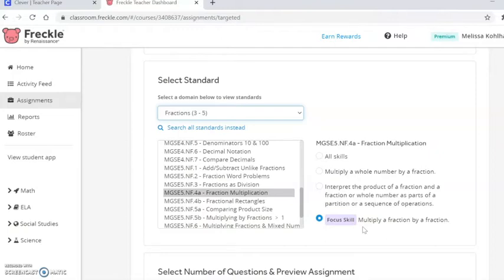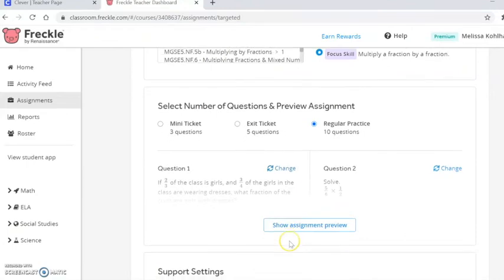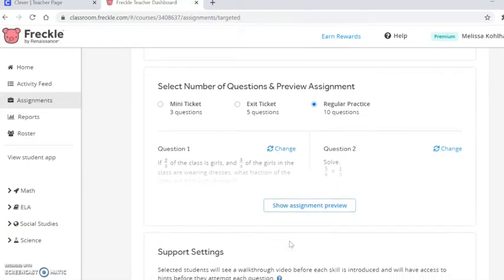So I'm just going to pick the focus skill, but you can pick any of these, whatever you feel is appropriate. When we scroll down to the next section, you will select the number of questions. I like to do 5 questions or 10 questions for a technology station. 5 questions if it is a task that takes a little bit more time to get through each problem, but